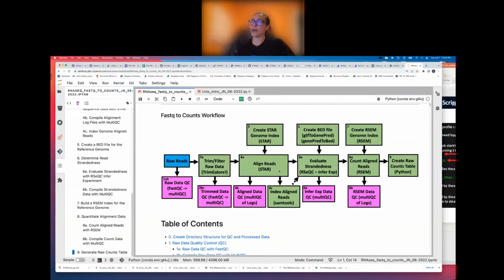We then went ahead and aligned those trimmed reads to the reference genome using STAR, which first required a STAR index. And then we took a look at those alignment files and we took a look at the log files showing how well, or not, but well for us, the alignment went, compiling all of our information in a MultiQC report. We then indexed those aligned reads and also converted our GTF annotation file into bed format, both of which